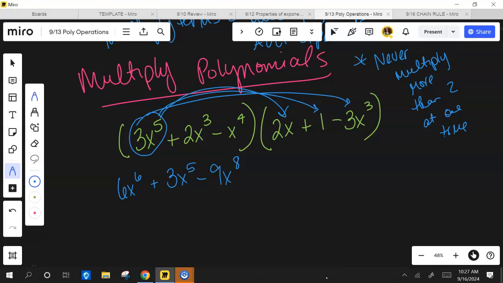Now you're done with that term. It has gone to every single one. So now I got to do the second. Yeah, it's a positive. All right, so plus